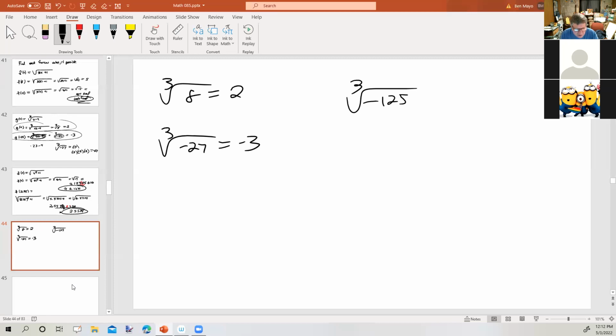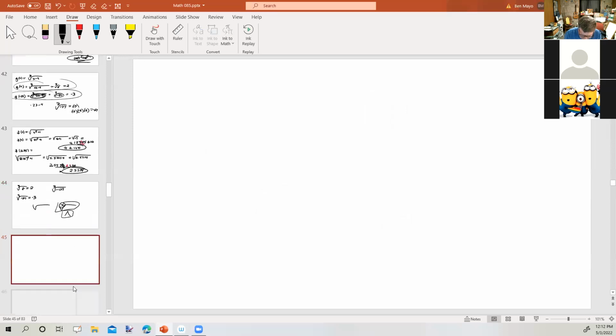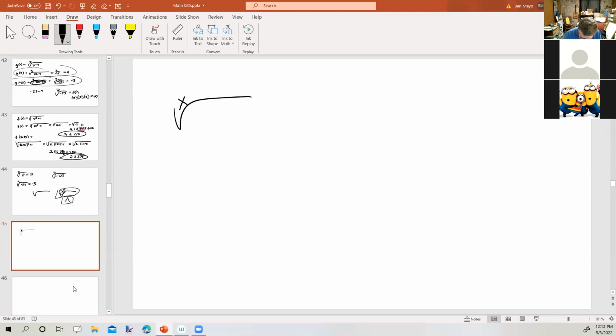Well, is there a way we can do that on our calculator? Yes, there is. We've talked about the square root button. There's something called the X root button, and it's right above that. There's a little caret key, and the second function above it, kind of hard to see, but there's a little X where the index goes. Can you find that button? Okay, so if I want the cube root of 8, which is 2,